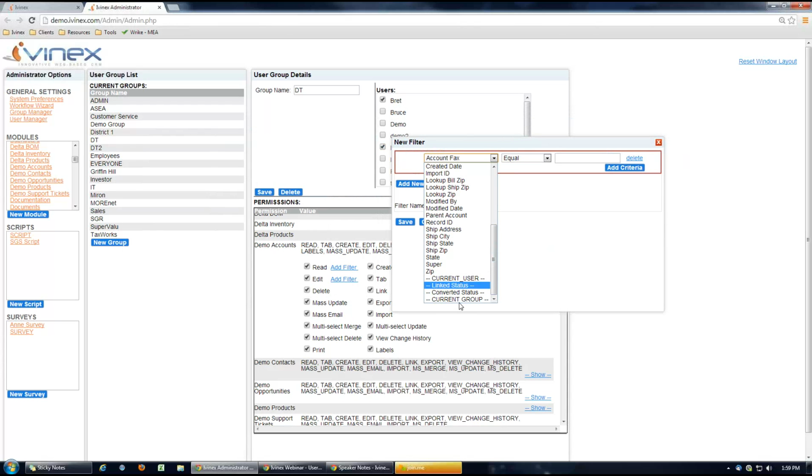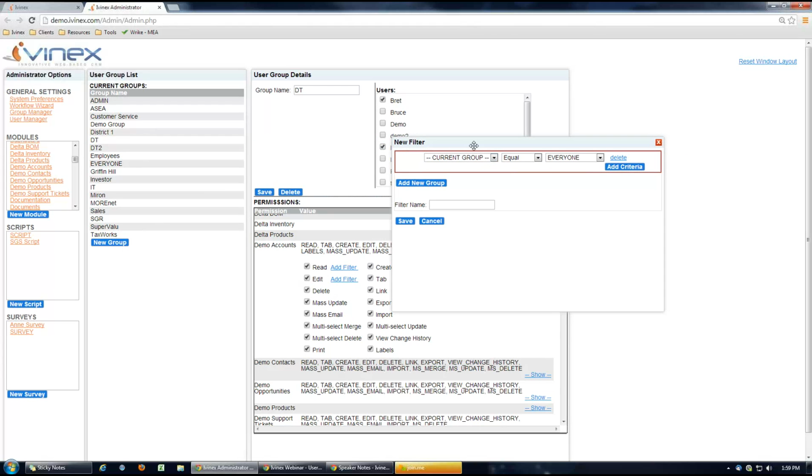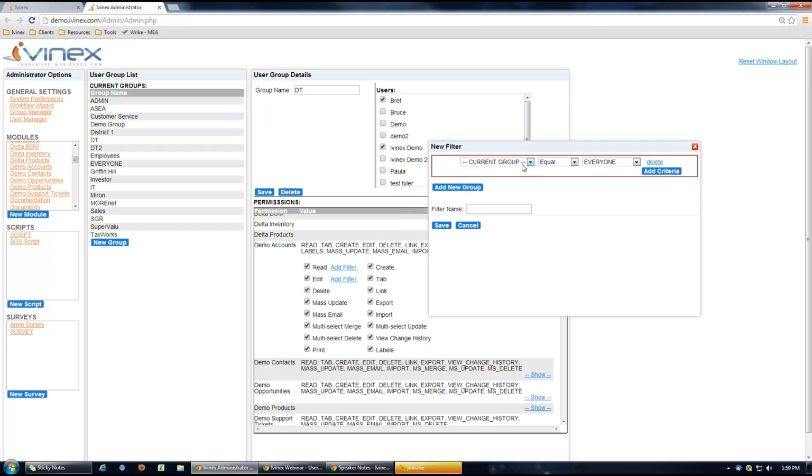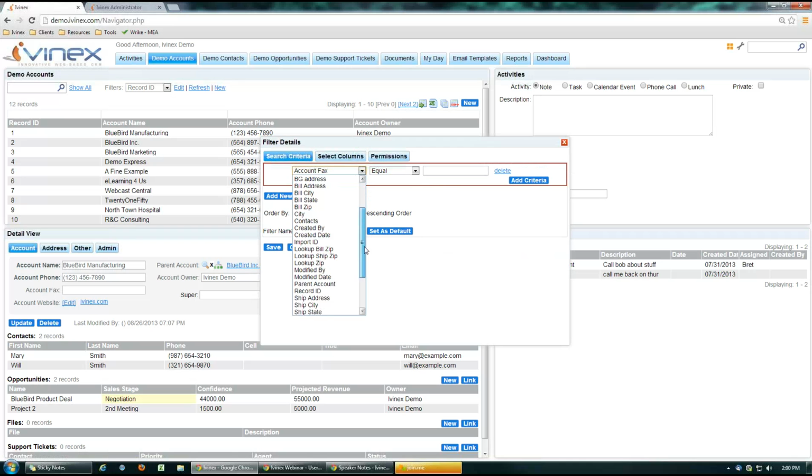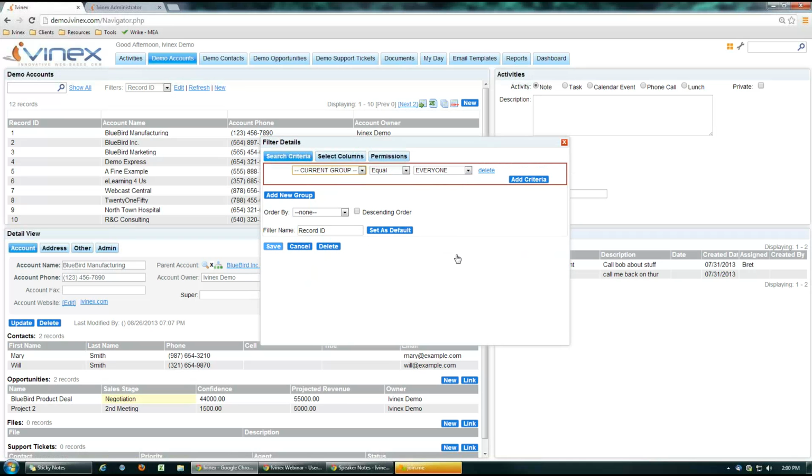let's see, user group maybe. There we go. We'll use that. So if you have the permission to read it, I could further pare that down to something like a different group. Maybe that would be kind of like overriding what I'm doing here by saying, for your group, you can read it, and then I could be kind of silly and say, but only if you're in the admin group on the read, which doesn't make much sense, but it is a way to use group permissions in a filter. So you could use this anywhere, maybe on the front end, where I've got this filter, and I would use the grouping of people, like current group equal to everyone, and save, and then